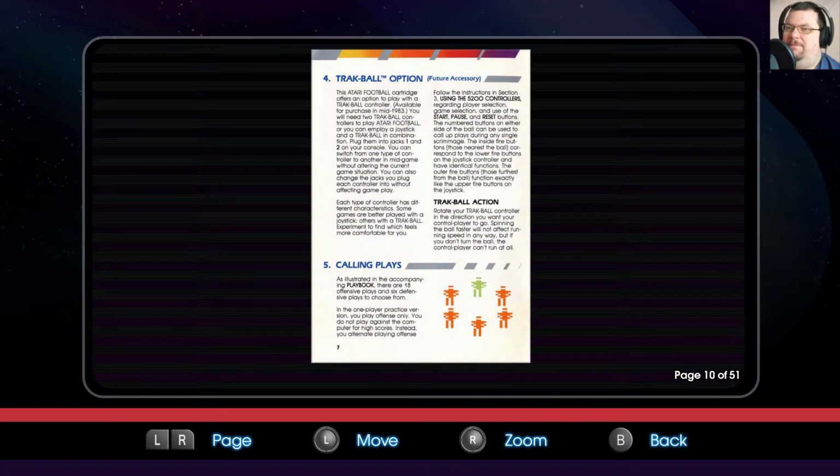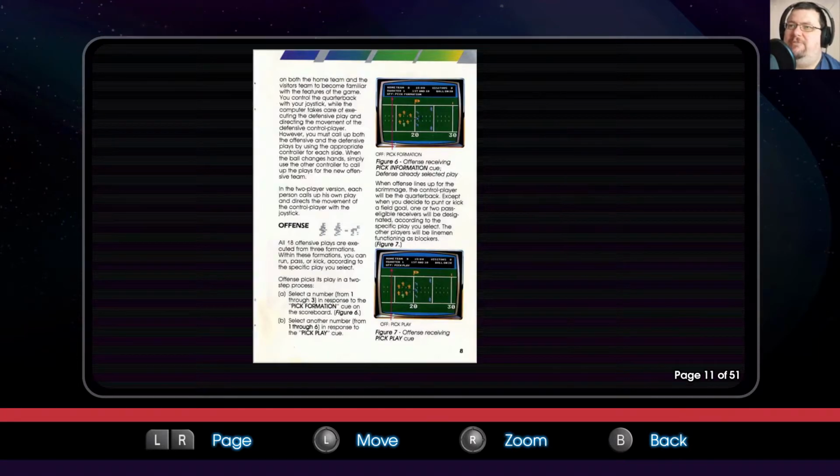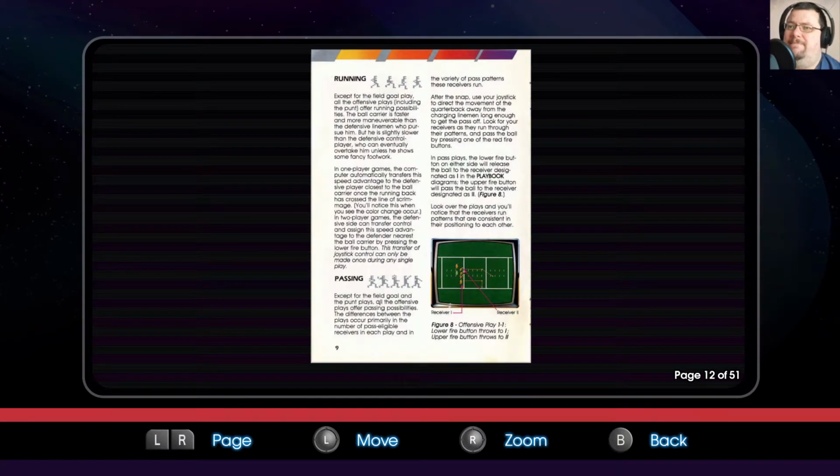So, I believe what you're doing is this, because the Atari 5200 controller has a keypad on it. You select your plays by actually pressing the number buttons. So in the case of offense, there are 3 formations, so you press 1 to 3, and then there's 6 plays for each formation. Again, I don't really know what these are for or how you respond to each other,